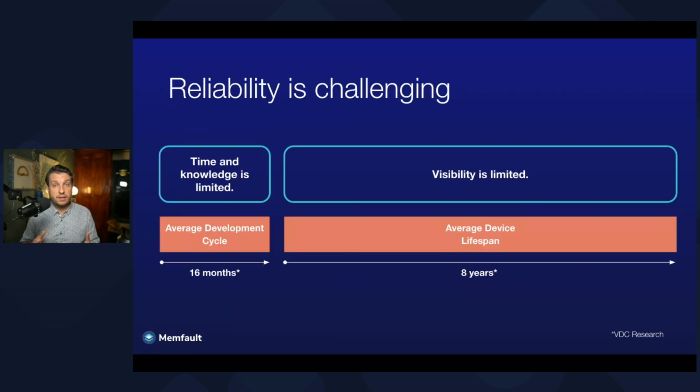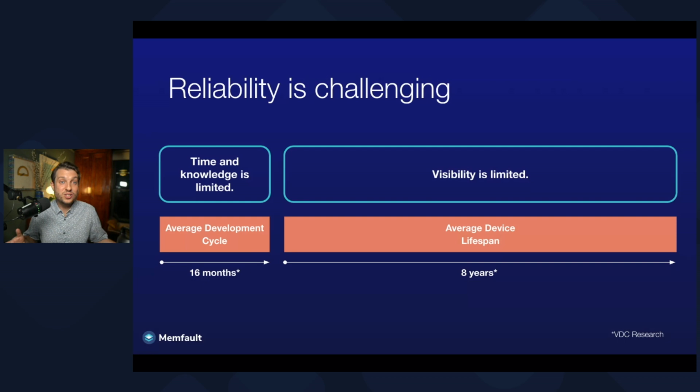And that makes building the devices hard enough. Making them reliable is especially challenging. During the development cycle of our devices, which on average from our surveys takes about 16 months, we work really hard to try to anticipate all the ways they'll be used, all the environments in which they'll be deployed. But of course, we don't know. And in fact, because these devices are in the world for 8 years on average, not only do we not know,